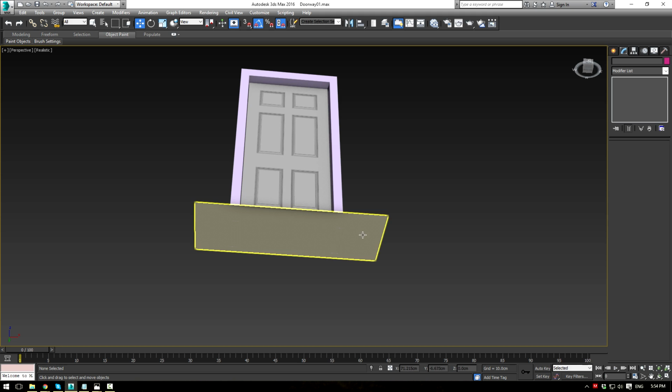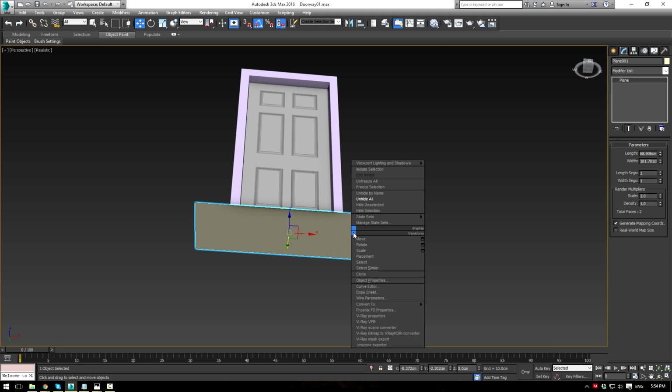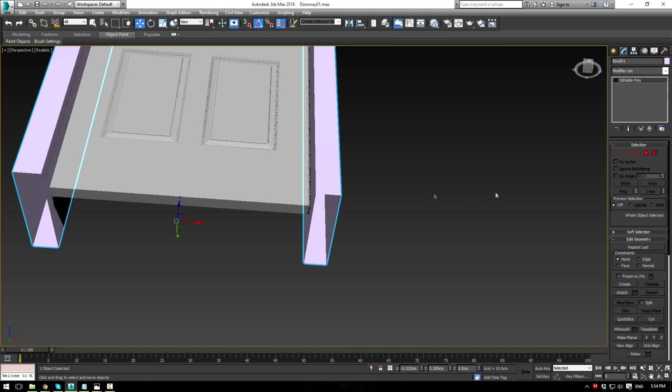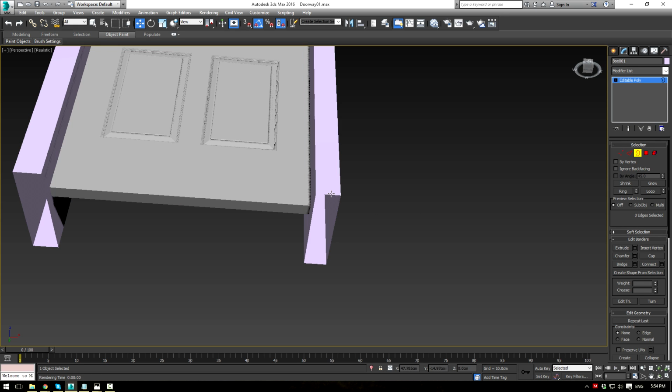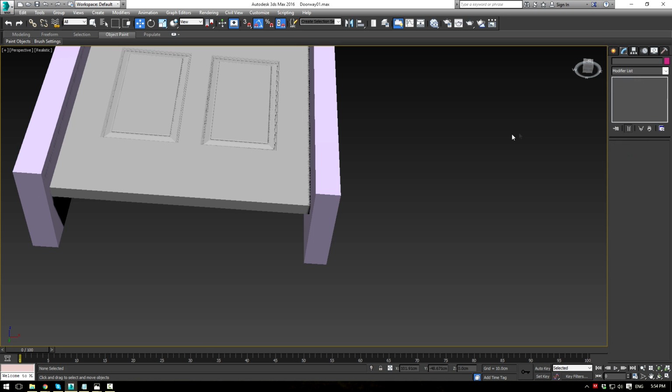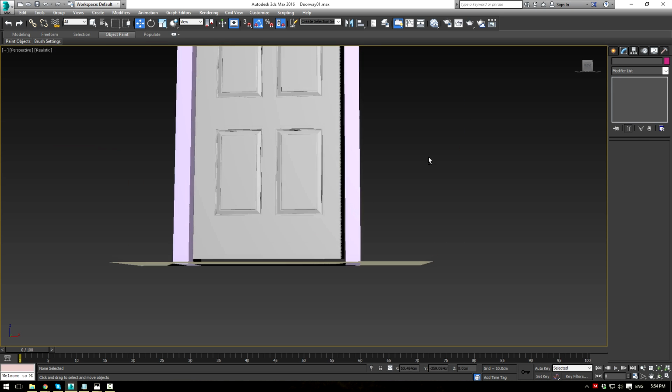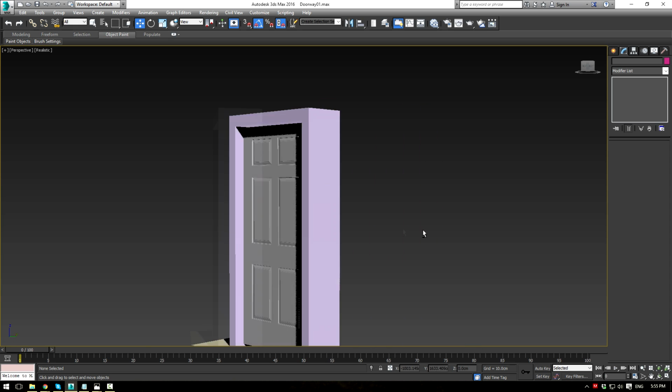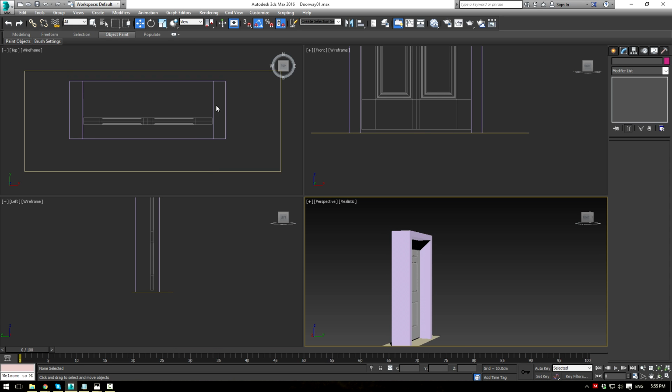And you'll find that if we hide this, we're actually missing polygons at the bottom here. So we can go ahead in the border here and just press cap. I mean, yes, technically we won't see them, but it's still good. Now we can unhide all again. Okay, so now that we have this, let's go ahead and fix it